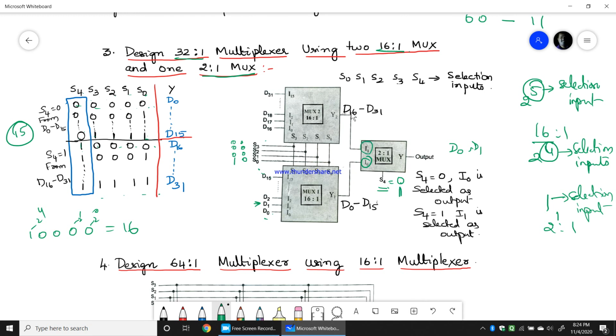That I1 is given from the output Y2, where D16 to D31 will be selected. Again S3, S2, S1, S0 will start from 0, 0, 0, 0 and continue till 1, 1, 1, 1. Based on that, D16 to D31 will be selected as an output, and I1 is the input which will be selected due to S4 being 1, and that will be the output. So this is the combination of making 32 inputs and 1 output by using two 16:1 mux and one 2:1 mux.